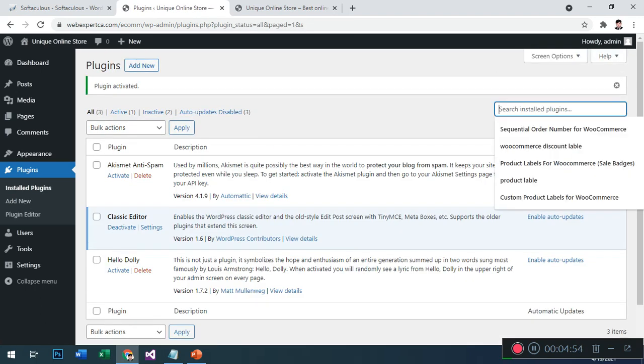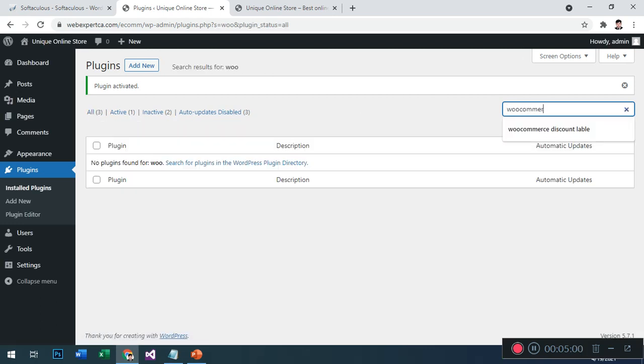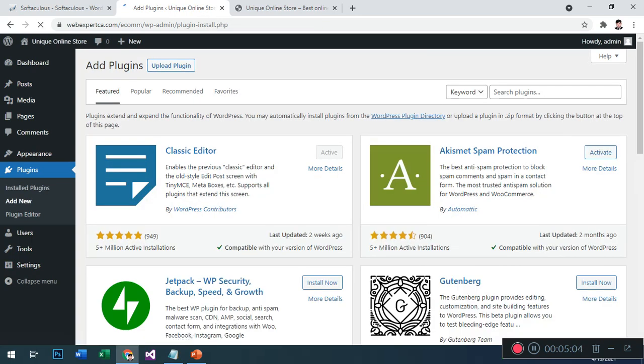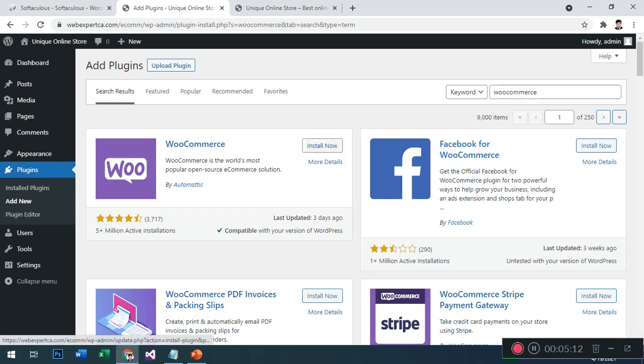And next is WooCommerce. WooCommerce, press the add new button after this. WooCommerce is the basic plugin that will allow us to make a working e-commerce website.